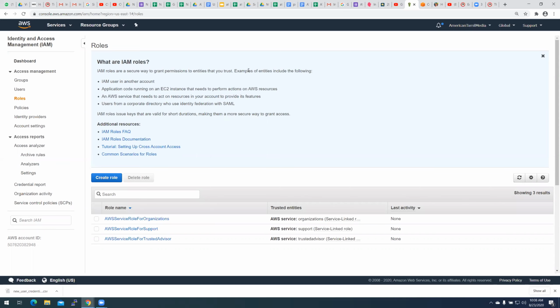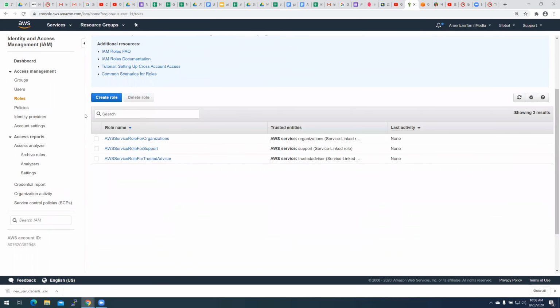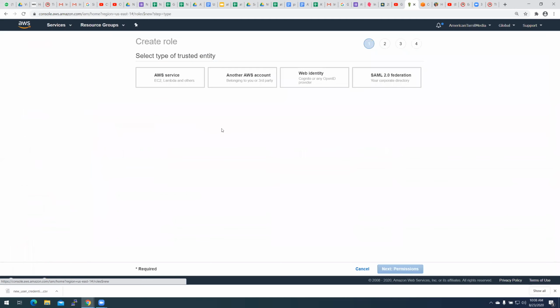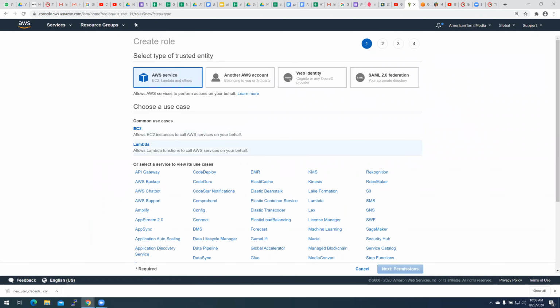Examples of entities include an IAM user, or it can be an EC2 instance, for example, that can have access to other resources. So you can create one role, and that role, where you want to attach that role, right? Choose a use case. I want to use it either in EC2 or a Lambda. Anybody know what is Lambda?